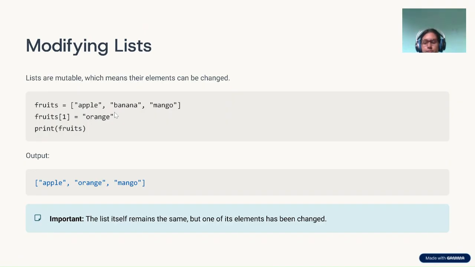So now, modifying lists. One of the most important characteristics of a list is that it is mutable, changeable. We can modify it. Mutable basically means that we can change its contents after creating it. It isn't fixed. For example,